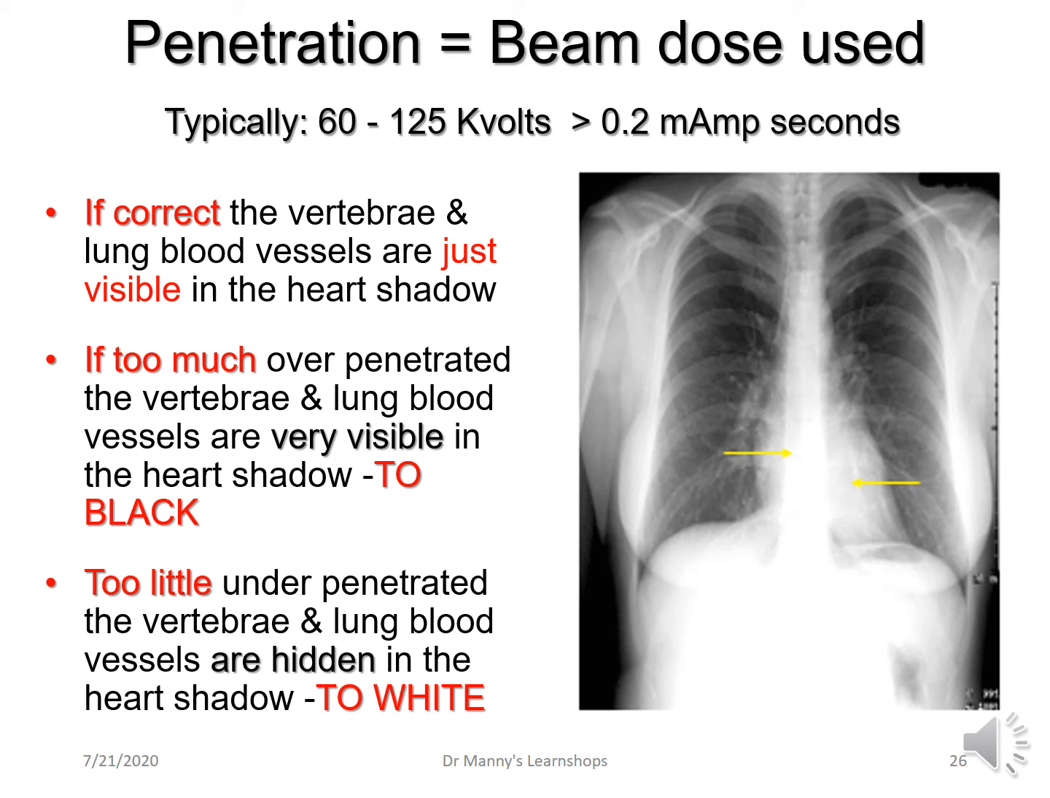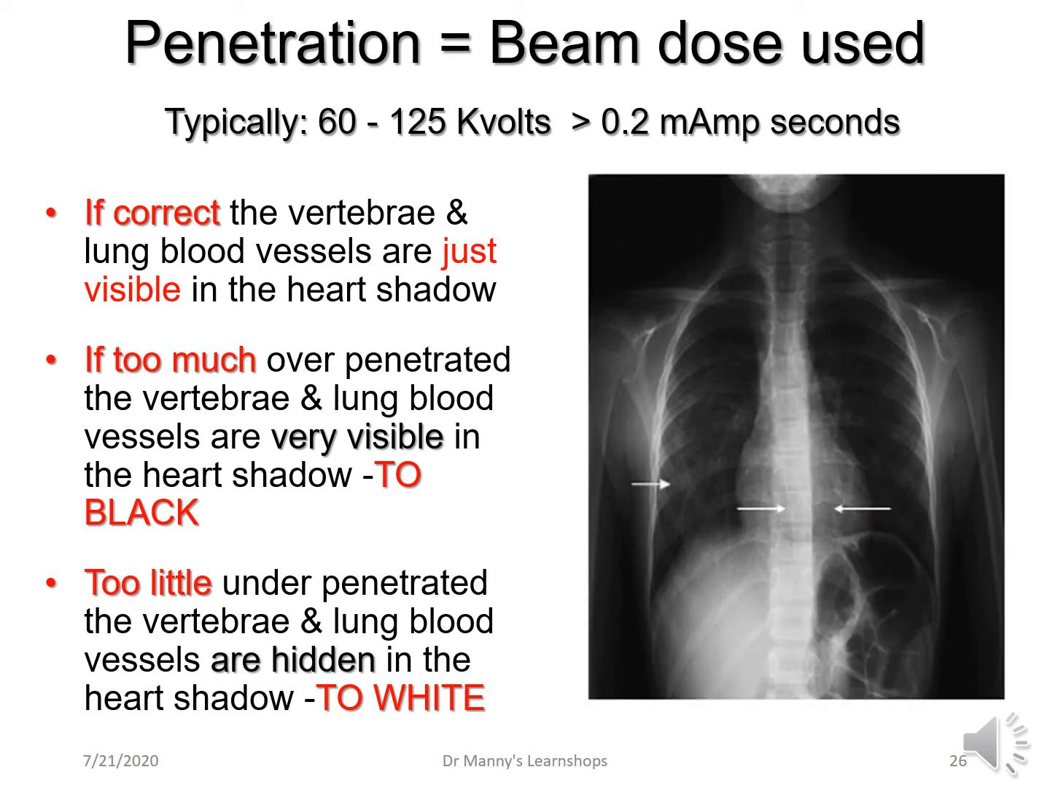If the dose has been correct, the vertebrae and the lung blood vessels are just visible in the heart shadow. So you look at the heart shadow and you can see a sort of blurry image of the spinal vertebrae, and you can see blood vessels or vascular markings through the heart shadow. This is a non-exact science, but this will indicate that the beam that was used has been used at the correct dose. If too much has been used,